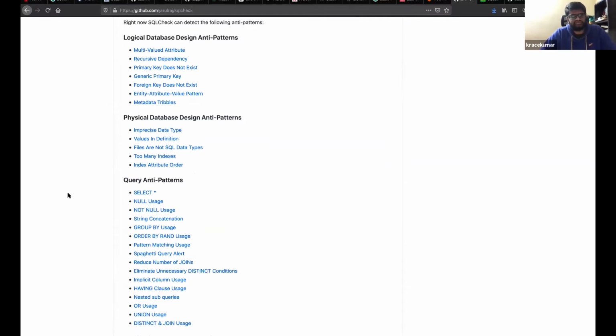Here they focus on some of the mistakes or trade-offs we make while creating databases. One thing is the multi-valued attribute. If you have seen a CSV format, everything is comma separated. Let's say you want to store an array in a column, you put it inside a text and then serialize and deserialize. Right now, a lot of databases support JSON structure, so that is technically possible. But previously, that was not possible. So you had to put everything inside a text field, read it in the application and split it by comma, all those things. So they call it an anti-pattern.